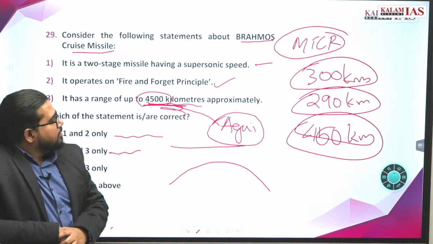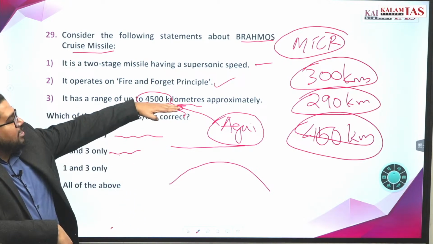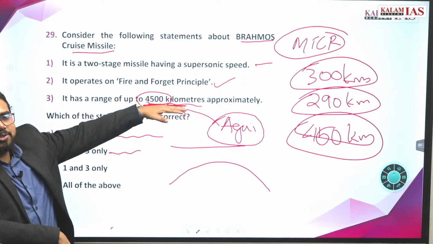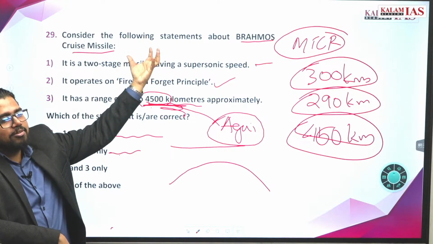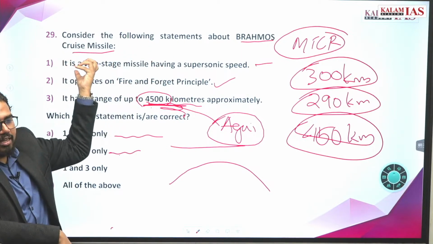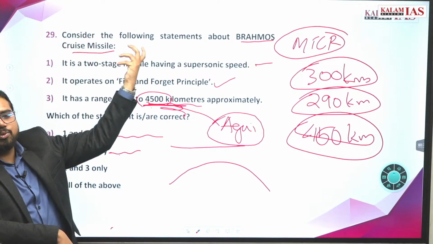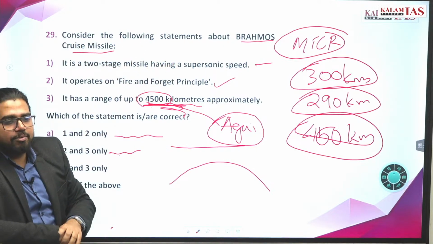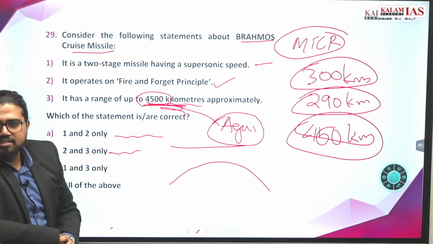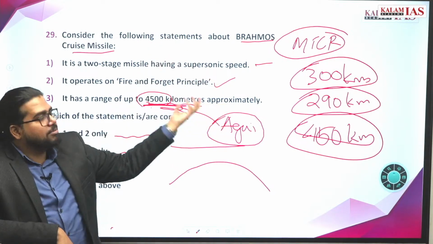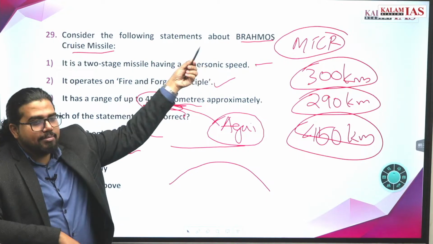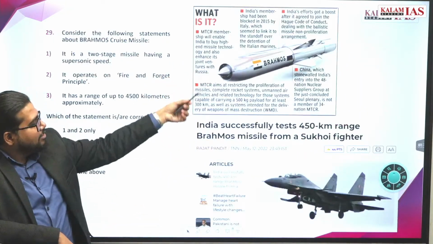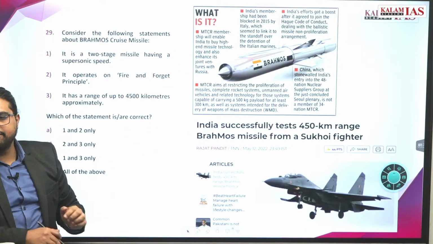Okay. So the idea is that you should be able to eliminate three options. You should have the sensibility even though you don't know specific details, and there is a clue of cruise missile also. Try to utilize all these words, try to connect whatever information is given in the question. If you know the MTCR concept, then it becomes easier. Go and check what MTCR is and which countries are part of it. Some basic information you should be aware of.